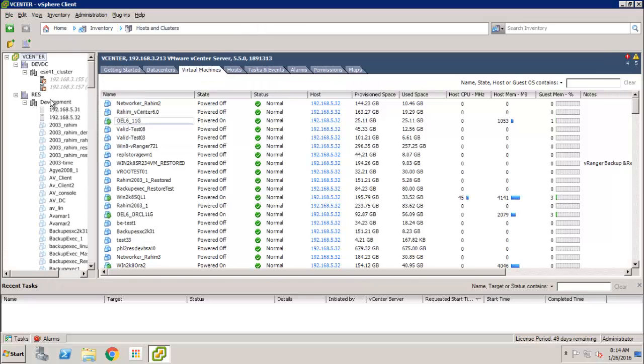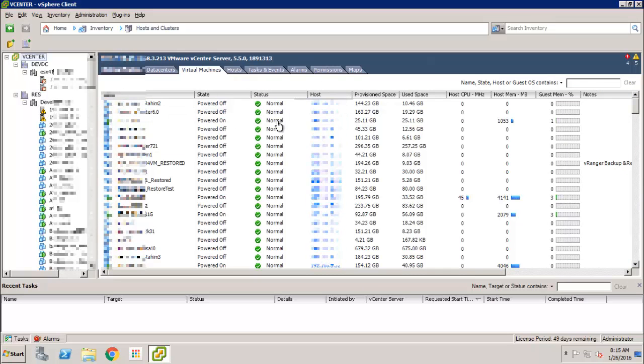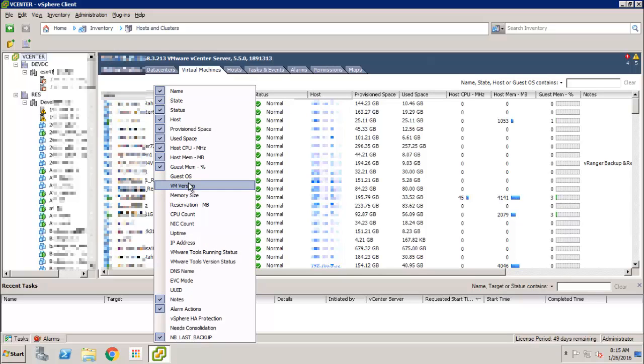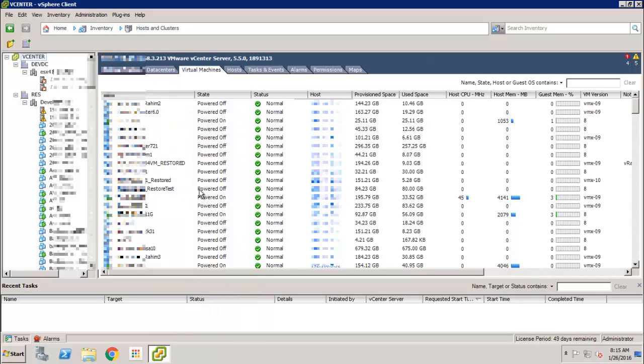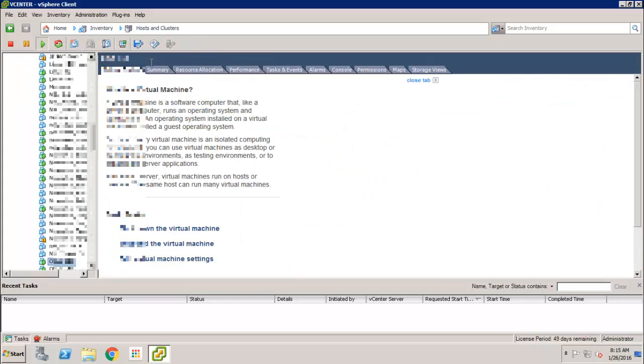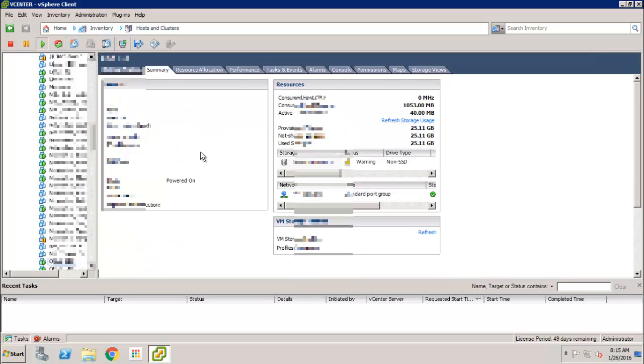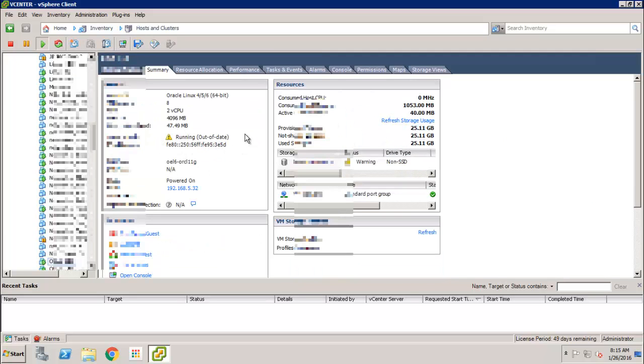So this is my vCenter server, which I basically use for my test and development purposes, and I don't know the status of the virtual machines' VMware Tools. One way I can do it is to check the VM version and whether the VMware Tools are installed or not installed, or I can select an individual virtual machine, go into the summary, and check whether the VMware Tool is running, up to date, out of date, or not installed. But this is a very painful task. So another way to check that is